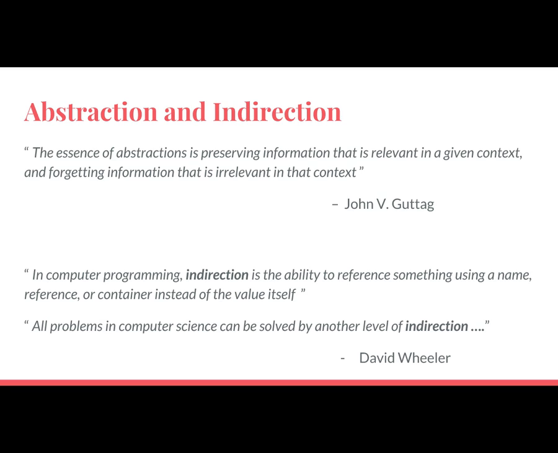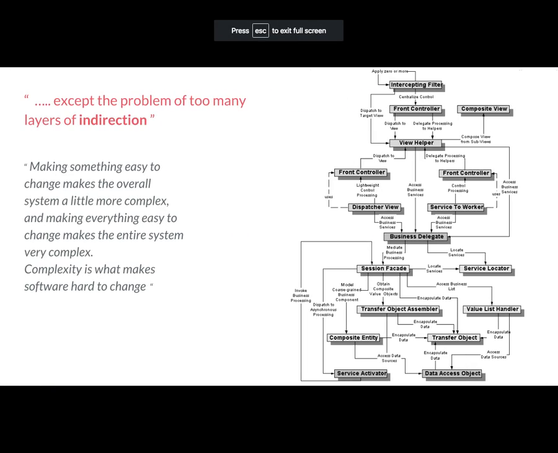And this level of indirection, when you do it, brings some benefits, but also a trade-off. Because now if you'd like to change it, you have to look at all the things: is it being cached, is it being executed, what kind of database it is going to, is it making a transaction, and so on. Most of the problems, I would not say all, but most of the problems are solved by indirection, except the problem of too many layers of indirection.